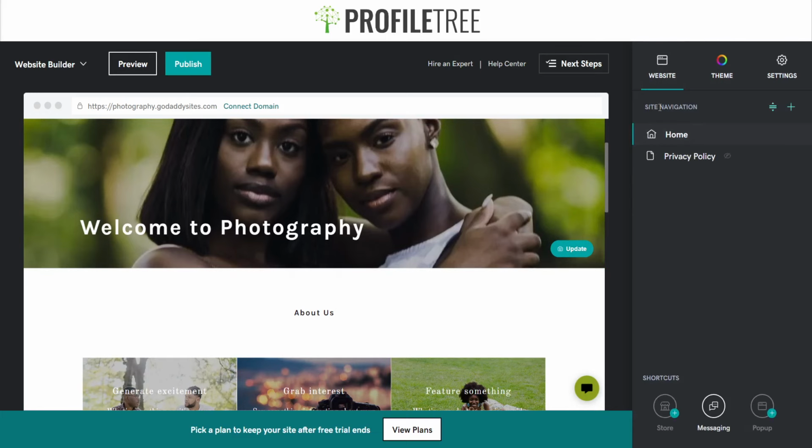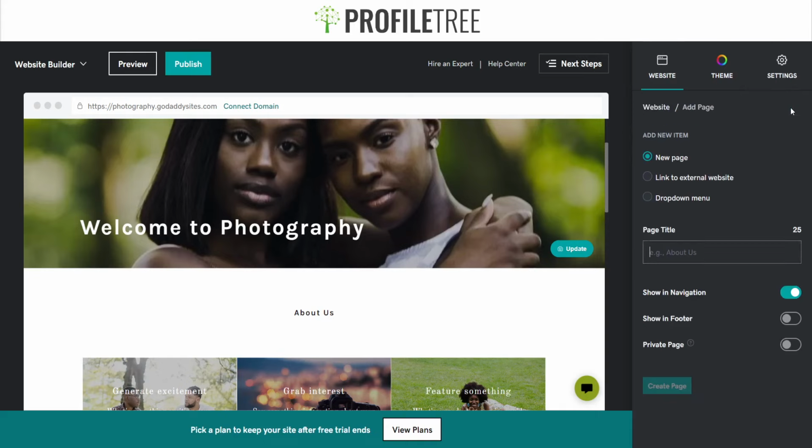And then within website here, we've got site navigation, and we can reorder the pages or add pages if we wanted to. As you can see, it's pretty much all buttons. So there's one there for new page, link to external website, drop down menu. We've even got a page title. So of course we have one there that says